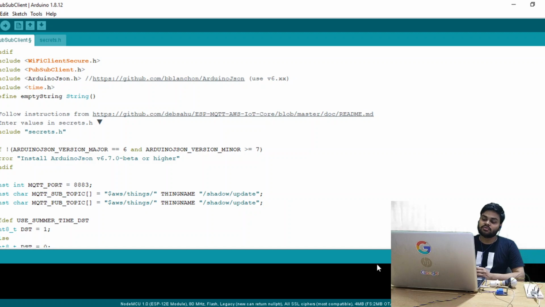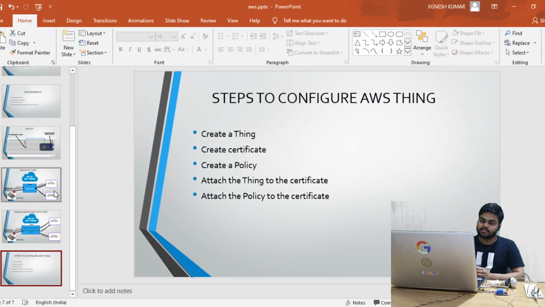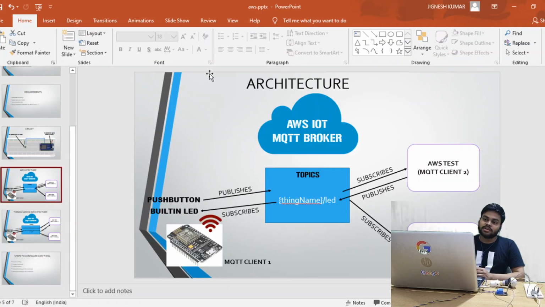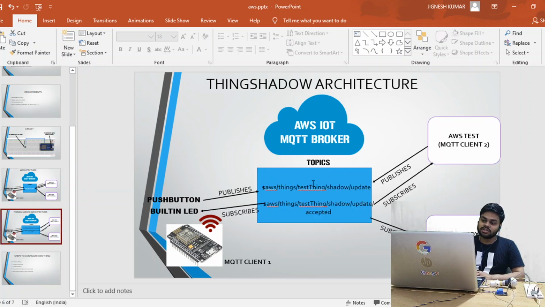You can see it right here. In the last session I discussed this architecture, in which the topics are like this, the normal topics which we have used in the normal MQTT brokers. But in this session we are using this type of topics, and how we are using it and what is the purpose of using this, we will discuss each and everything right now.